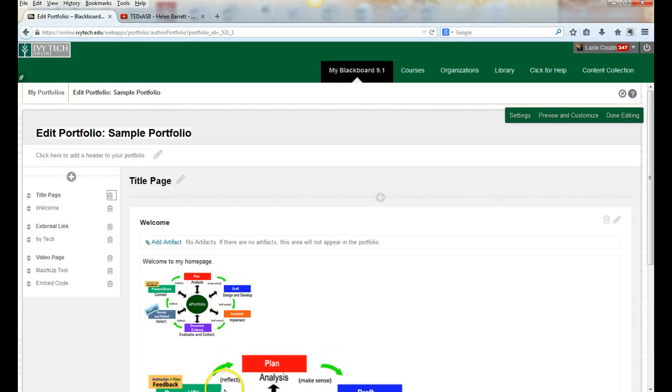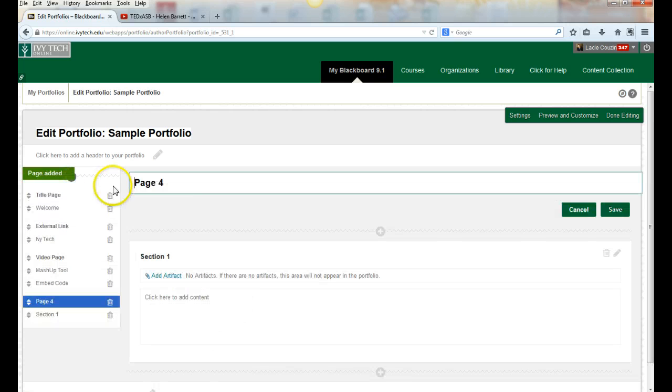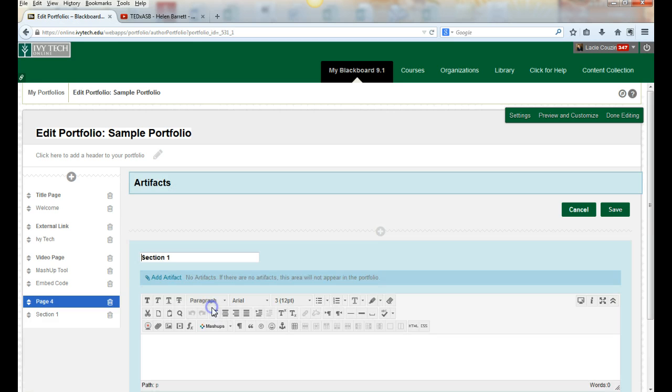The next thing we're going to do is add some artifacts. So let's create a new page. We're going to call this Artifacts. And there are a couple of different ways to do those. We're going to add artifacts